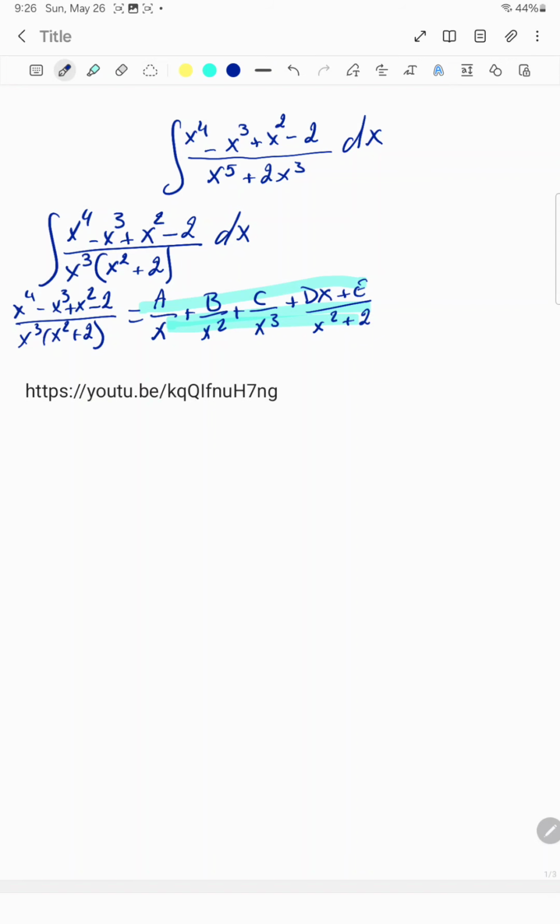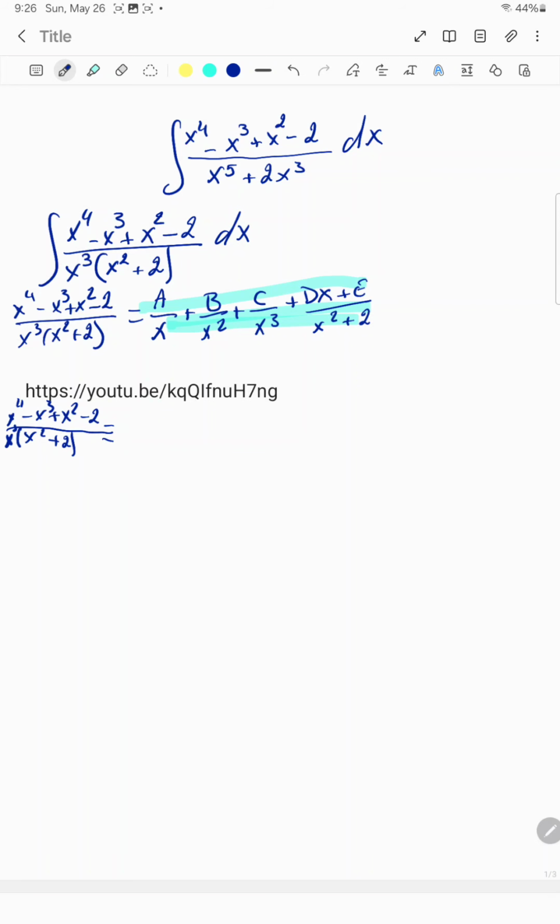So let's copy this first: x to the power of 4 minus x to the power of 3 plus x squared minus 2, divided by x to the power of 3 times x squared plus 2. I'm trying to write small because I don't have a lot of space. And all that is equal